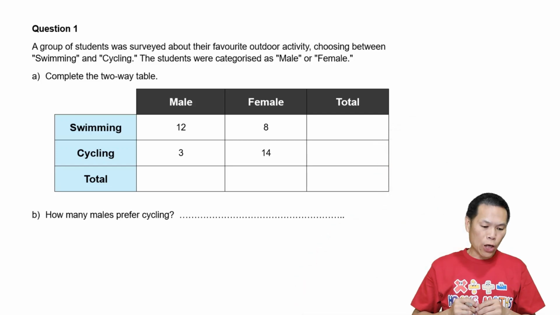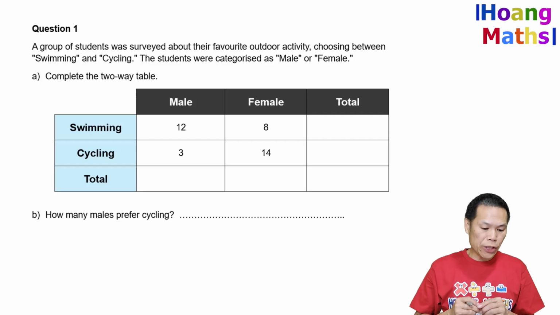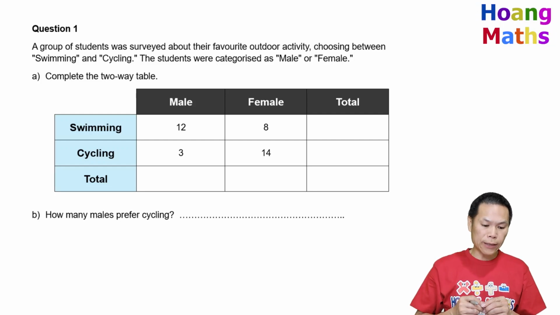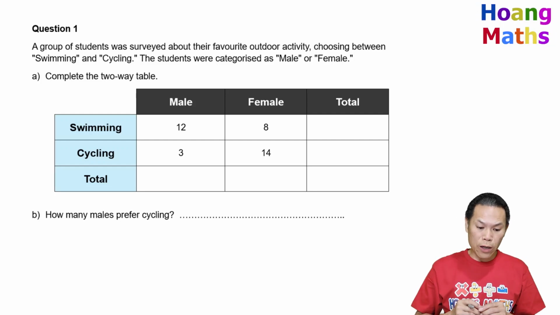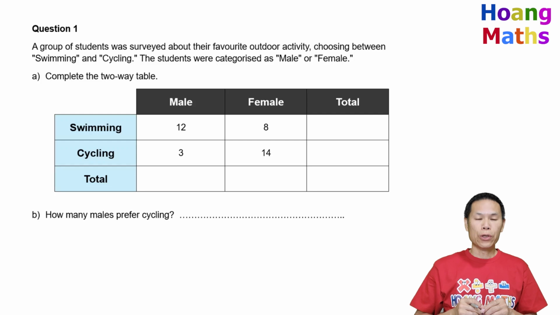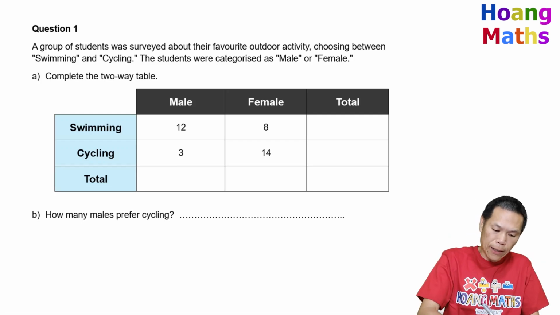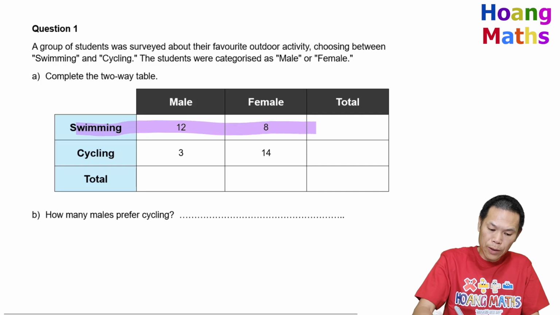First one, a group of students was surveyed about their favorite outdoor activity, choosing between swimming and cycling. The students were categorized as male or female. Complete the two-way table. So to complete this two-way table, we need to understand that this row here is